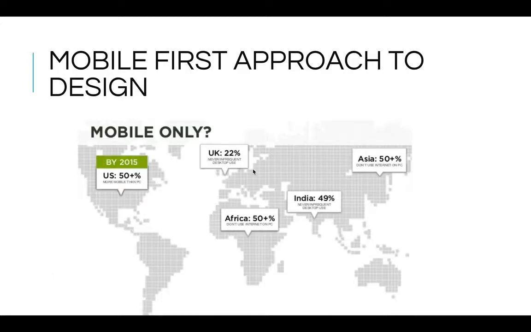But the other reason that using mobile devices is really, really important is if we start to look at, particularly in different continents and different countries, in a lot of continents, people just don't use a PC. So in the United States, greater than 50% of people use more mobile than PC. If you look at Africa and Asia, 50% of people do not use the internet on a PC. So if you have a mobile first design,